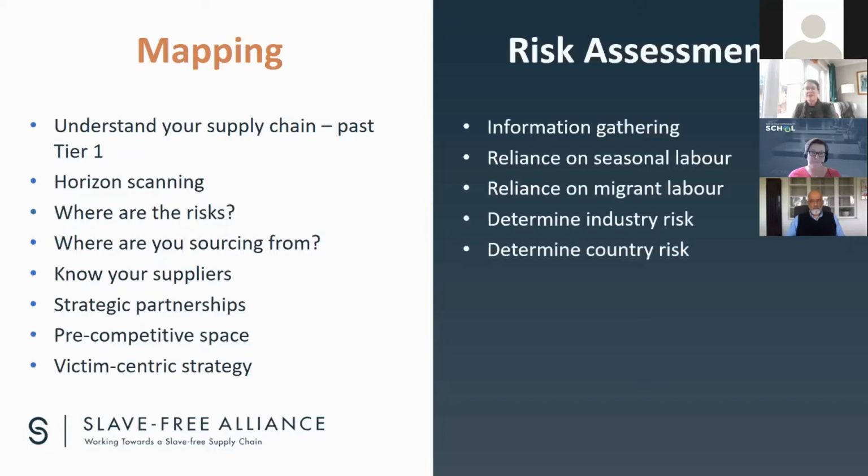Supply chain risk management. Once you've mapped, use your victim-centric strategies to manage everyday and exceptional risks along your supply chain and operations on a continual basis, with the objective of reducing vulnerability and ensuring continuity. So, understanding what your impact is.